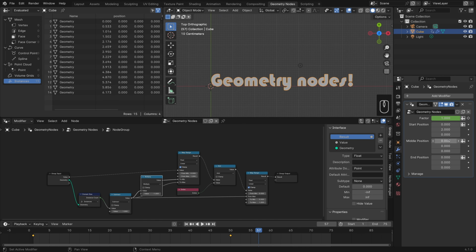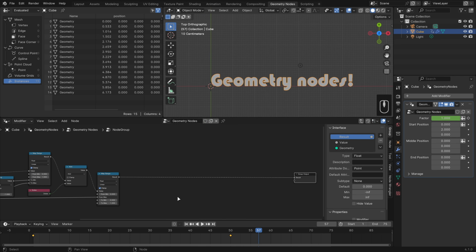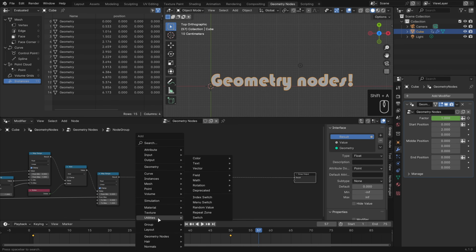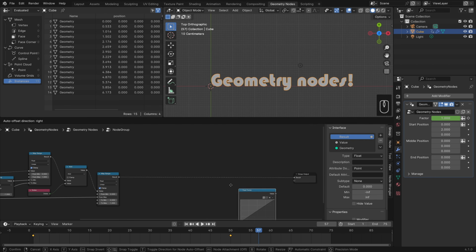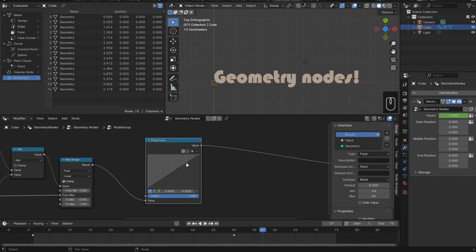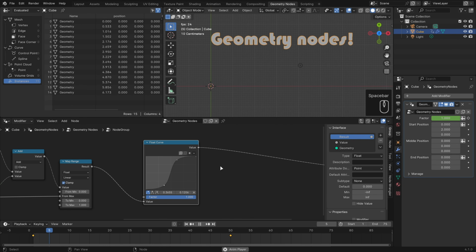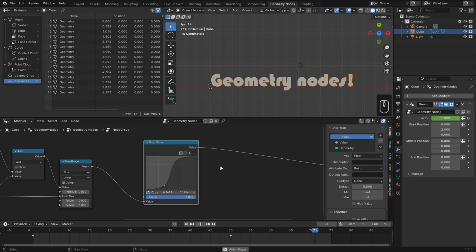The easiest way to do that is with another float curve node. So let's move this group output off to the side, hit Shift-A, go down to Utilities and Math, and choose Float Curve. To make this ease in and ease out, we just need to create a little bit of an S. If we left-click on this line and drag up and out, about near the top, I'll put it in the middle of this box just to the left here, and then for this one, I'll put it in the middle of the box just to the right of the start. So now it's going to start out very gradually, speed up a lot, and then slow down right before the end. Now when we play this back, that motion looks a lot more smooth,